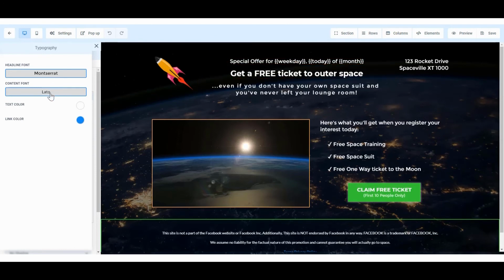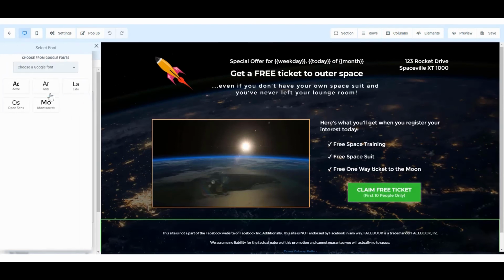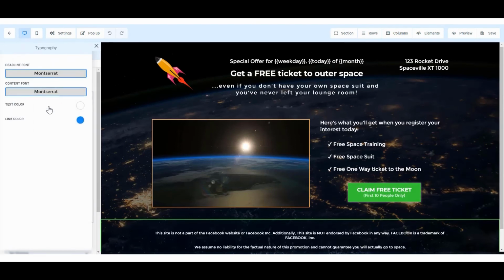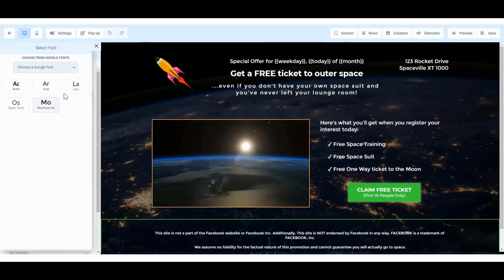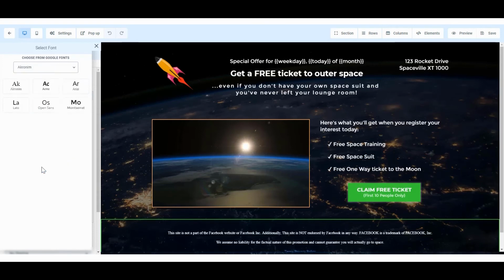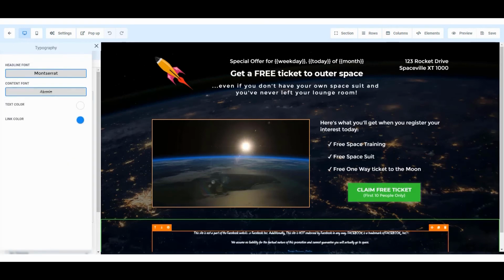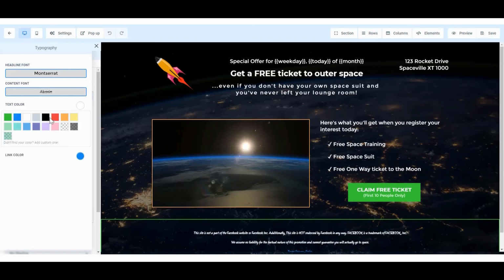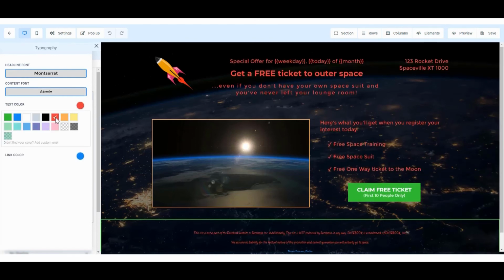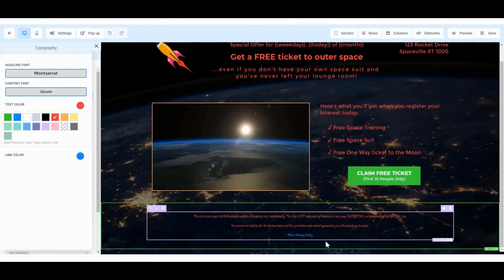Same with the content, so anything that's listed as a paragraph, you can adjust those settings here. So you'll see on this example page, the only part I'm using a paragraph is this bottom disclaimer area. So as I change it, it changes anything that's set as paragraph. Right? And again, you can change the text color of the whole site using this, and this will affect both headlines and paragraph text. And you can also change the links, and you'll see right down the bottom of this